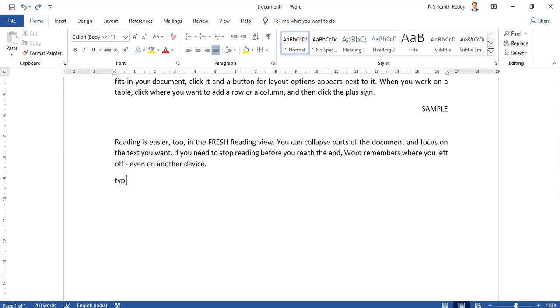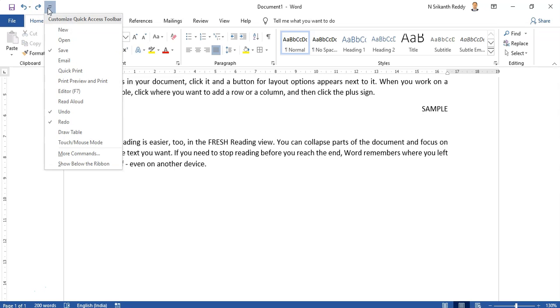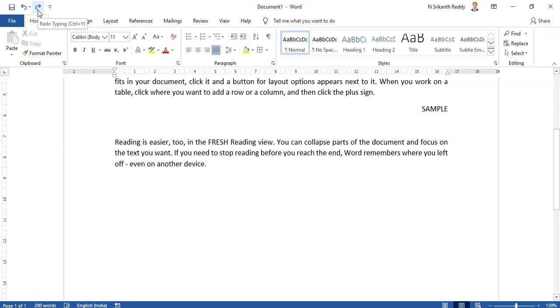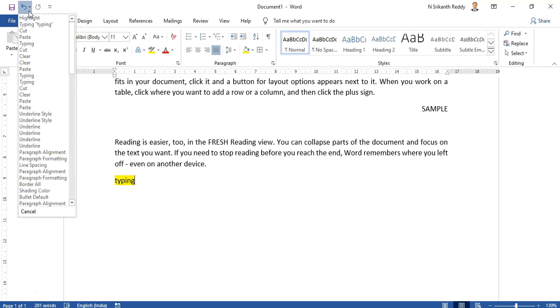Otherwise, let me do typing and then select that, give some coloring to that. Now two actions have been performed. Now if I want to undo both the actions, then I have to click it twice, undo, undo. Okay, now let me redo that. So this is the redo button. If I click on this redo, now it is grayed out, that further redo cannot be there. Now let me check the undo button. What I have done is two actions. First thing is typing, second thing is highlighting in yellow.